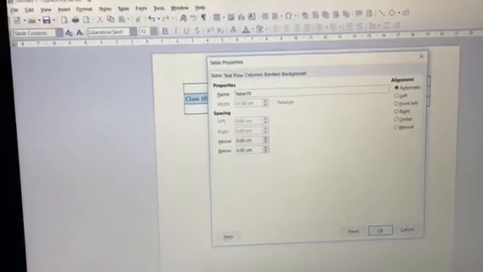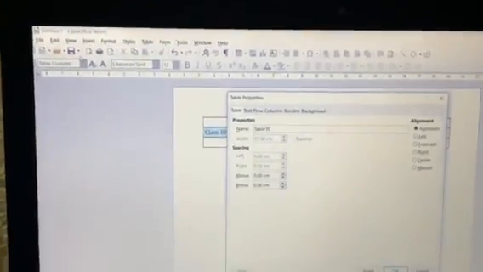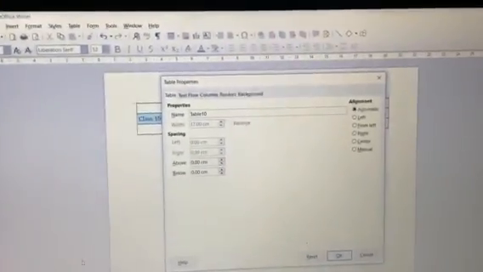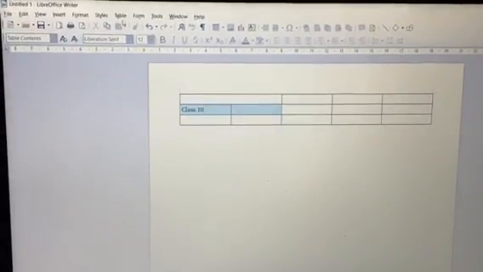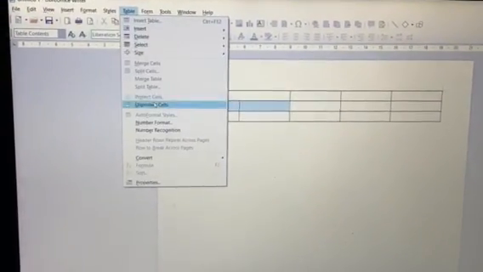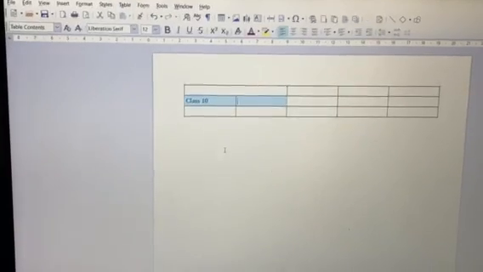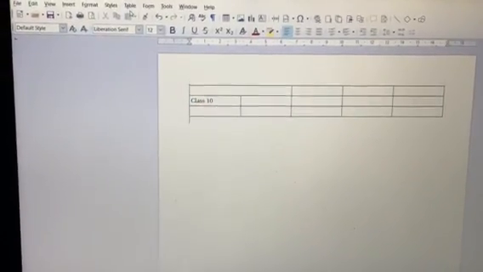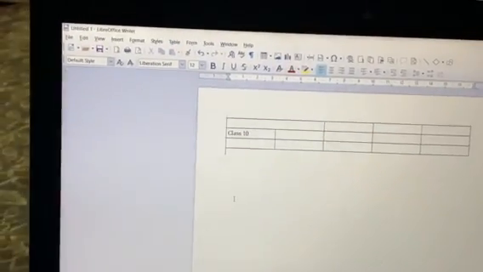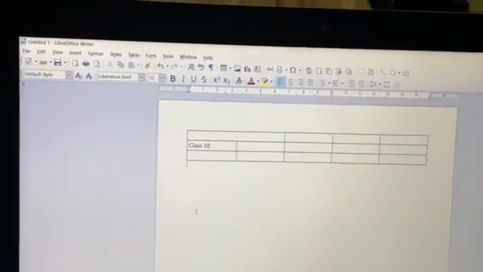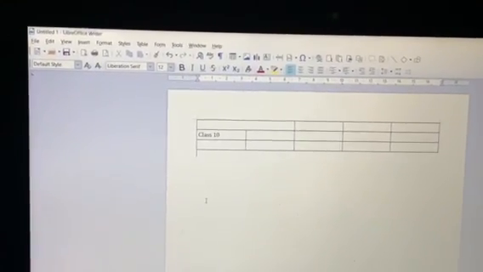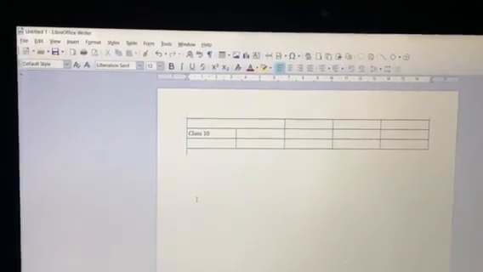Plus from here I can even change other things in the table. Protected and protect. So this is how we can make many changes to the table inside LibreOffice. Students, try practicing it. So that is all for today. Thank you and have a nice day.